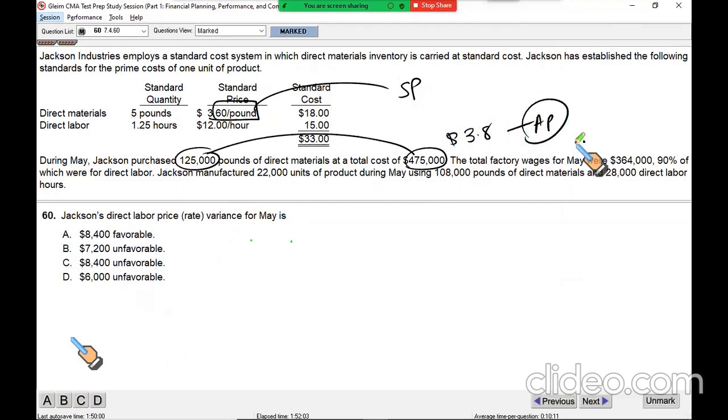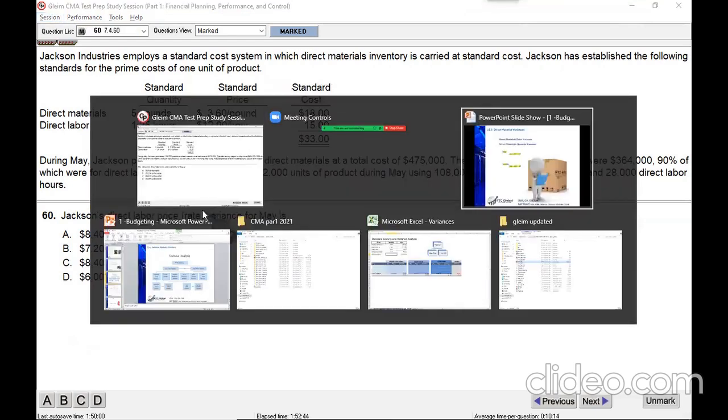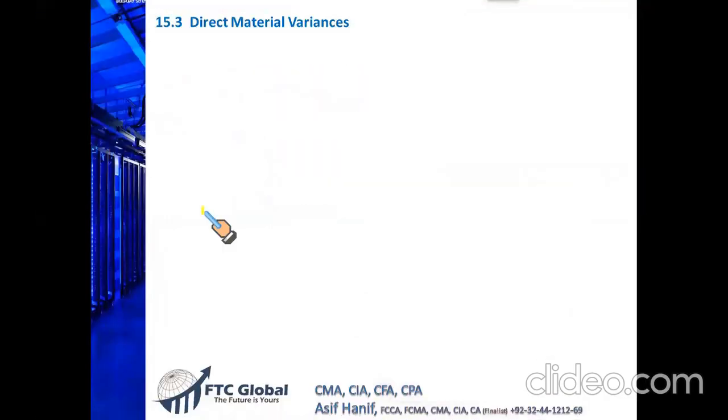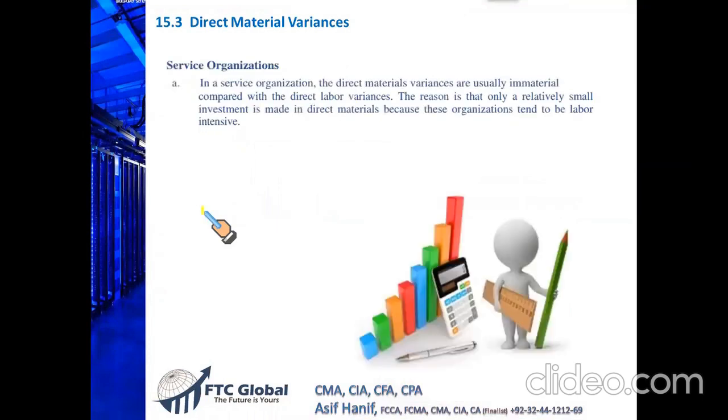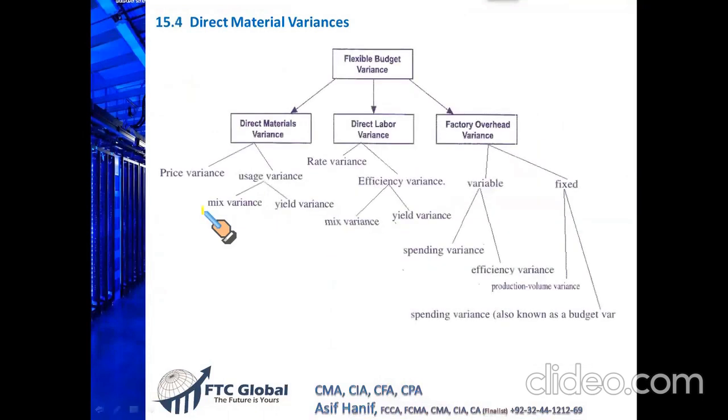All right. We need to calculate the... now we are into a second area. We haven't yet done the labor. Fine, let's move back. We are now into labor. Labor variances, that is this part now. So we have done your material variances. Now we have direct labor variances. So we have done the direct material price variance, direct material usage variance. Now we are going to do the direct labor rate variance and efficiency variance.